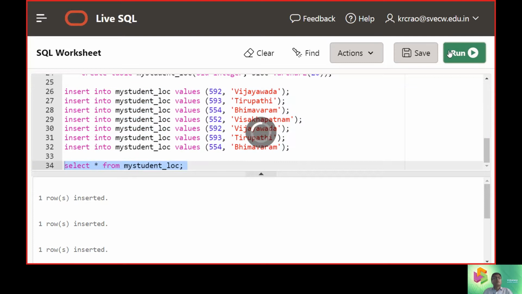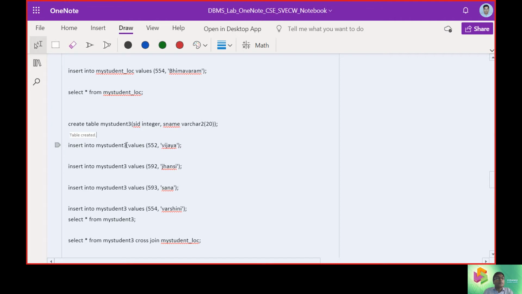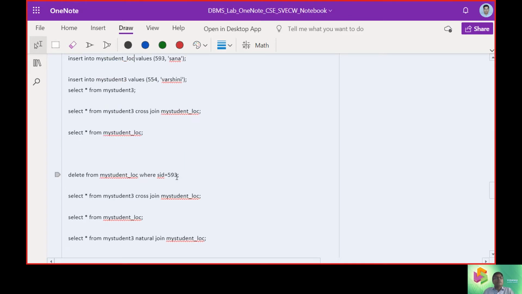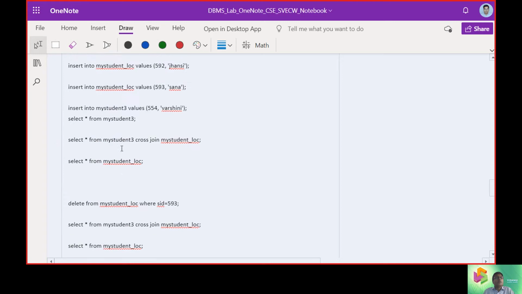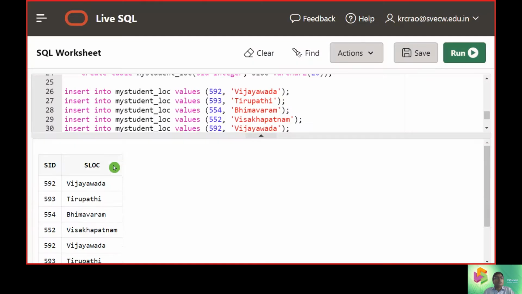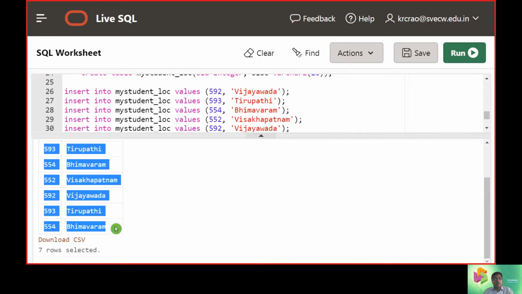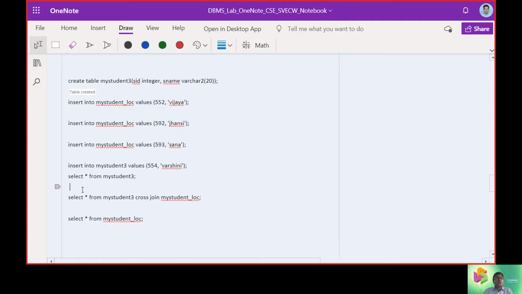Then we will use this my student location here. In this way we are updating our mistakes too, learning from mistakes. Now we'll bring up the table that we have taken up, that is my student location. Total 7 rows are inserted here.